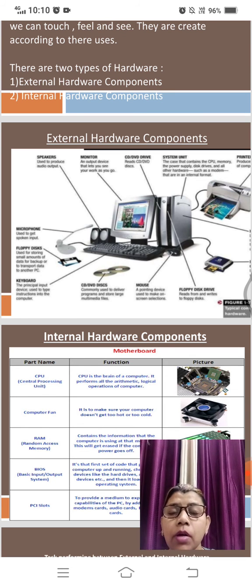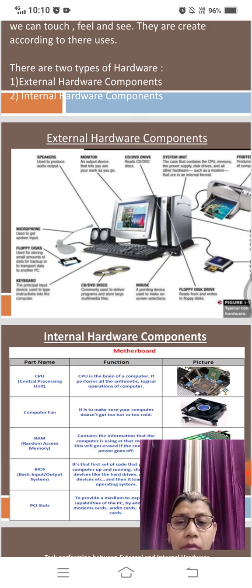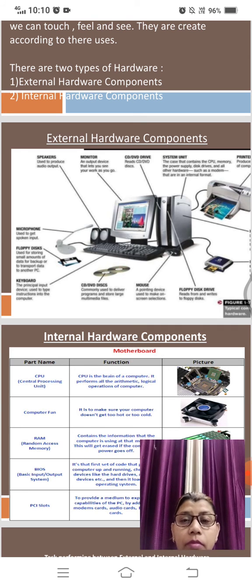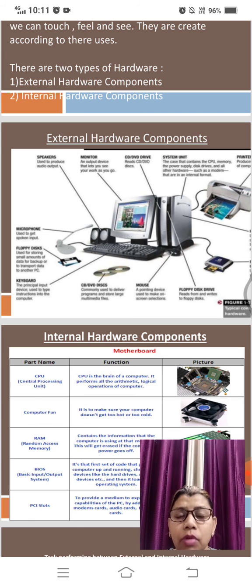Like a computer monitor is used to display the picture on the screen. Speaker is used to play the music or the sound. CD DVD drive is used to contain the data or information in picture and text form. Printer is used to display the data in picture, image or text form. Memory card is also a storage device which is used to contain the data.